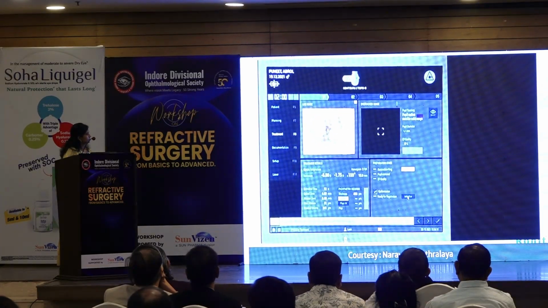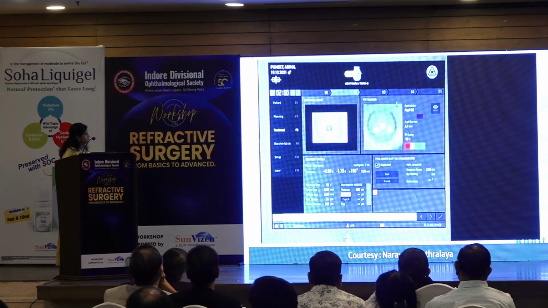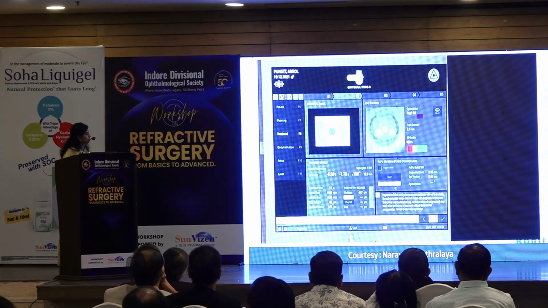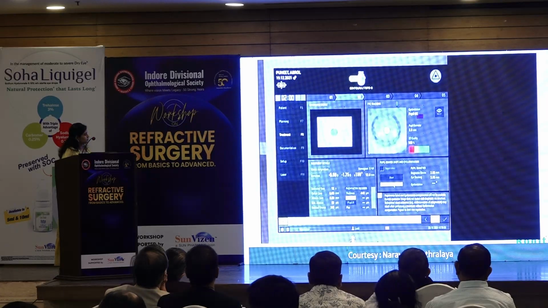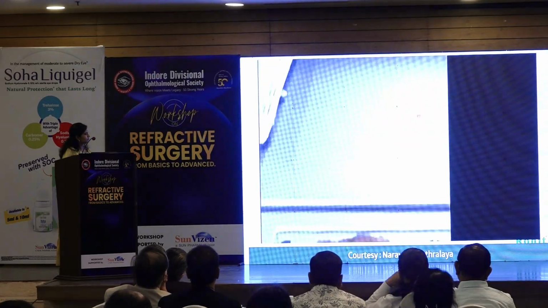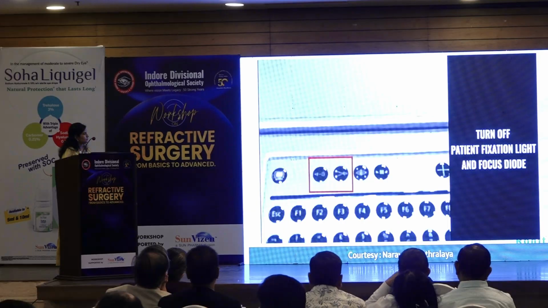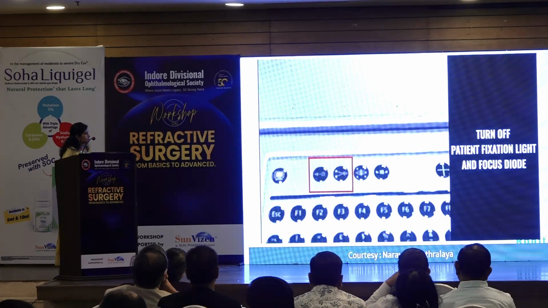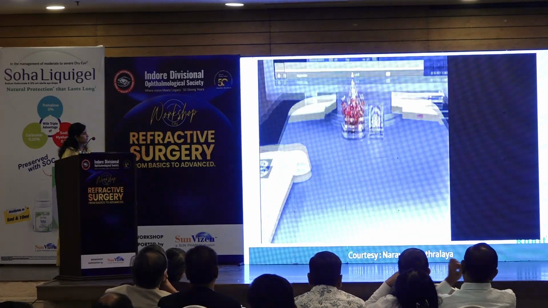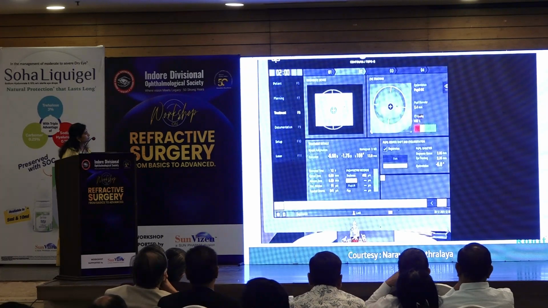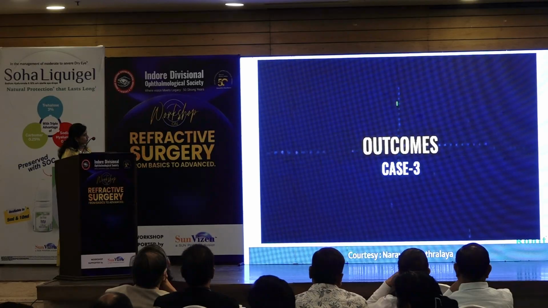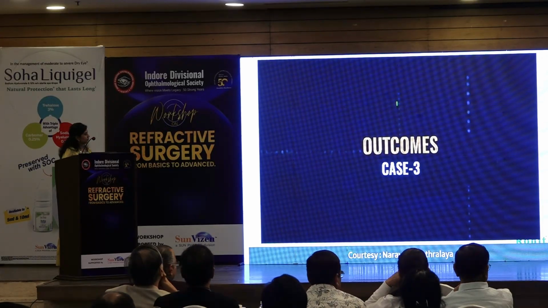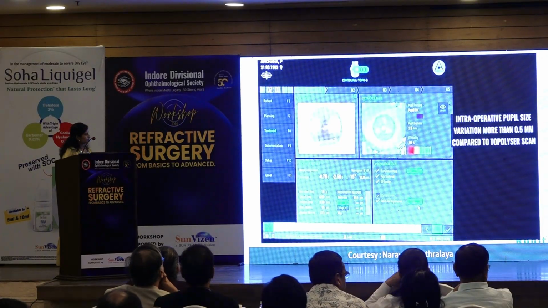In the second scenario, there is failure of registration. This will lead to lack of compensation for cyclotorsion, translating to suboptimal outcomes. In such a case, one can repeat the measurement. It would also be helpful to turn off the patient fixation light and focus diode to aid pupil recognition and cyclotorsion compensation. Our third case shows a significant difference in the intraoperative pupil diameter and the one scanned on the